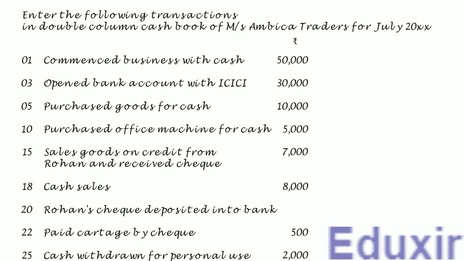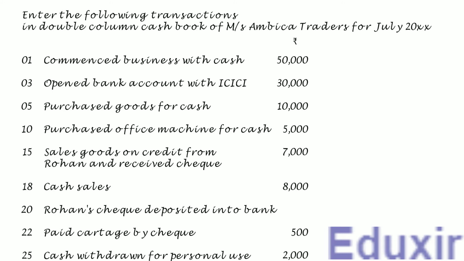Apart from simplifying the task of maintaining an additional ledger account for bank, this will also help the businesses to get a fair idea about the position of the bank account itself, like how much cash is there in the bank. Its format is very similar to that of a ledger account. All the cash and bank transactions are classified into receipts and payments. However, unlike a ledger account, a bank column cash book will have two amount columns, one for cash and one for bank.